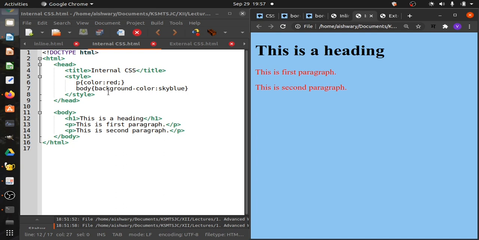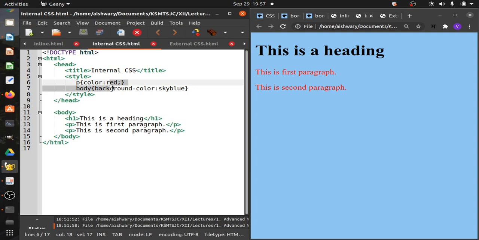So what was the advantage of this particular second type? Whenever I put a style for any particular tag, that will be applied to all these tags which are present in the web page.